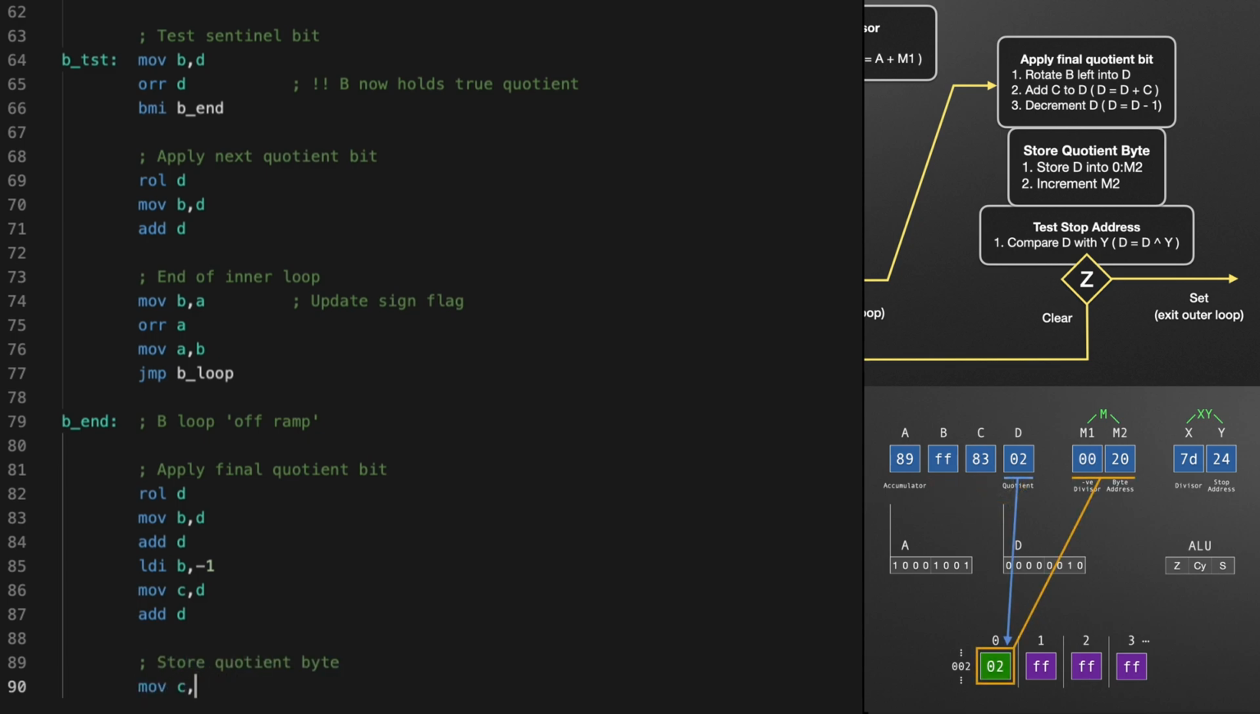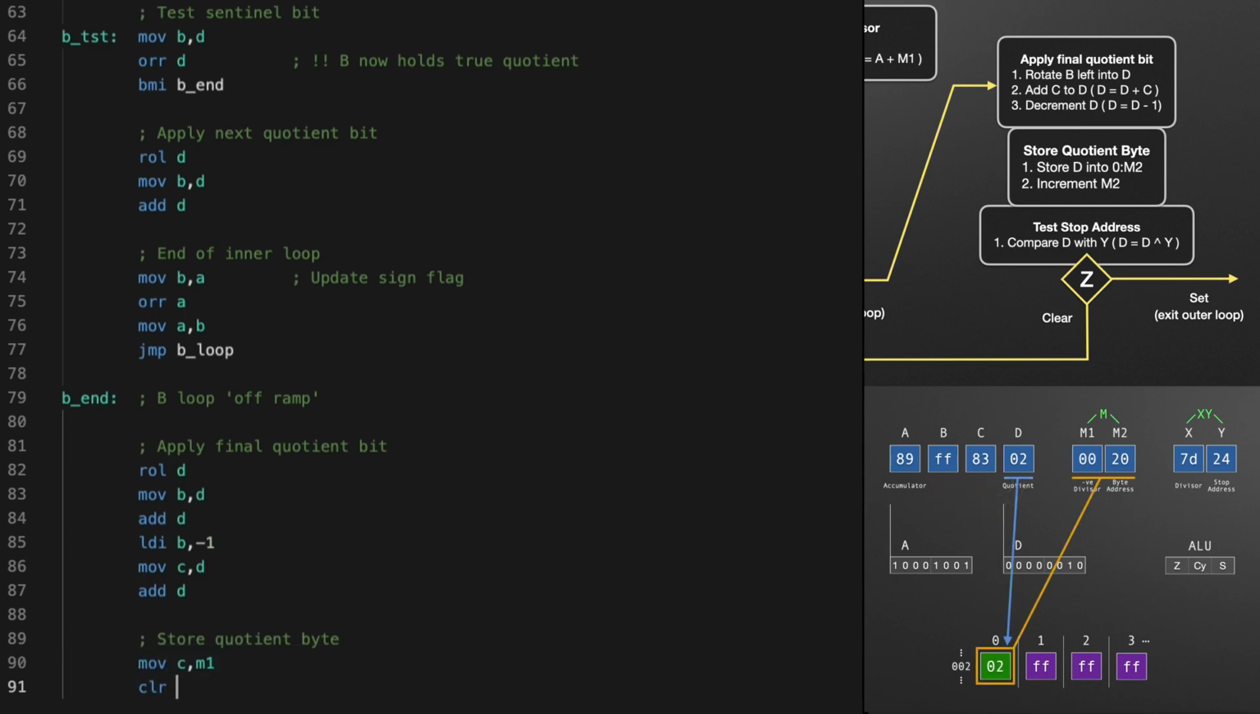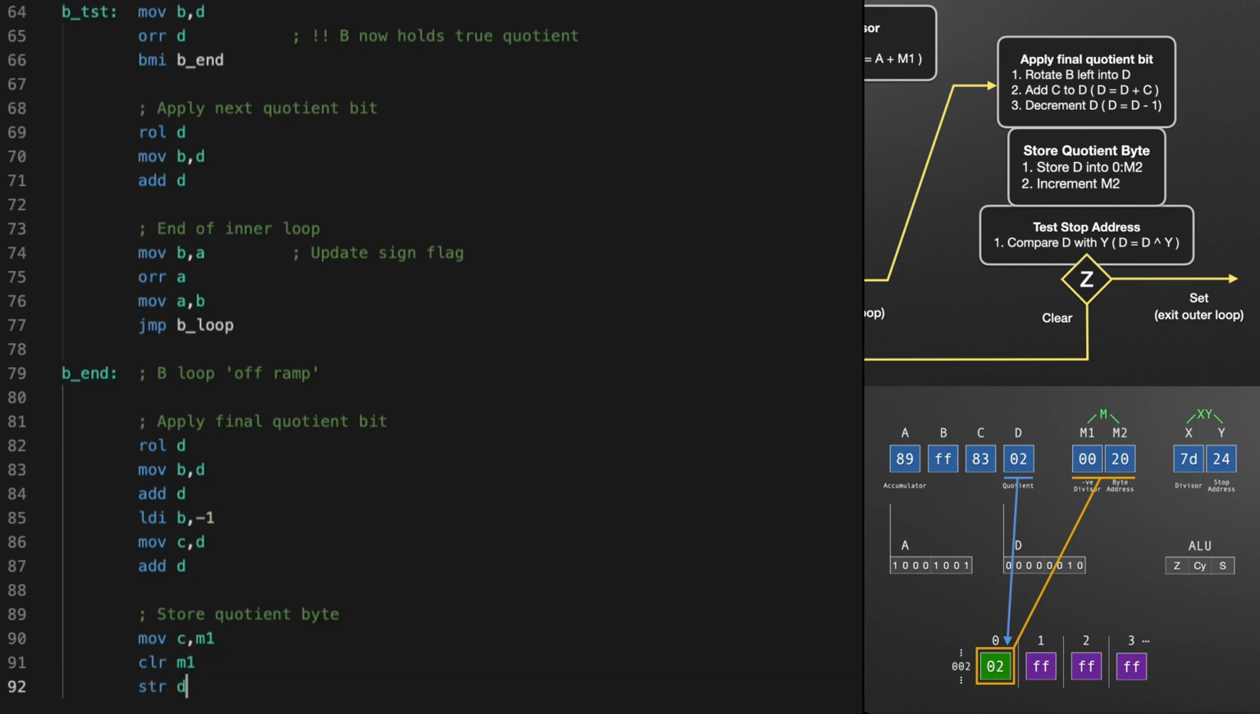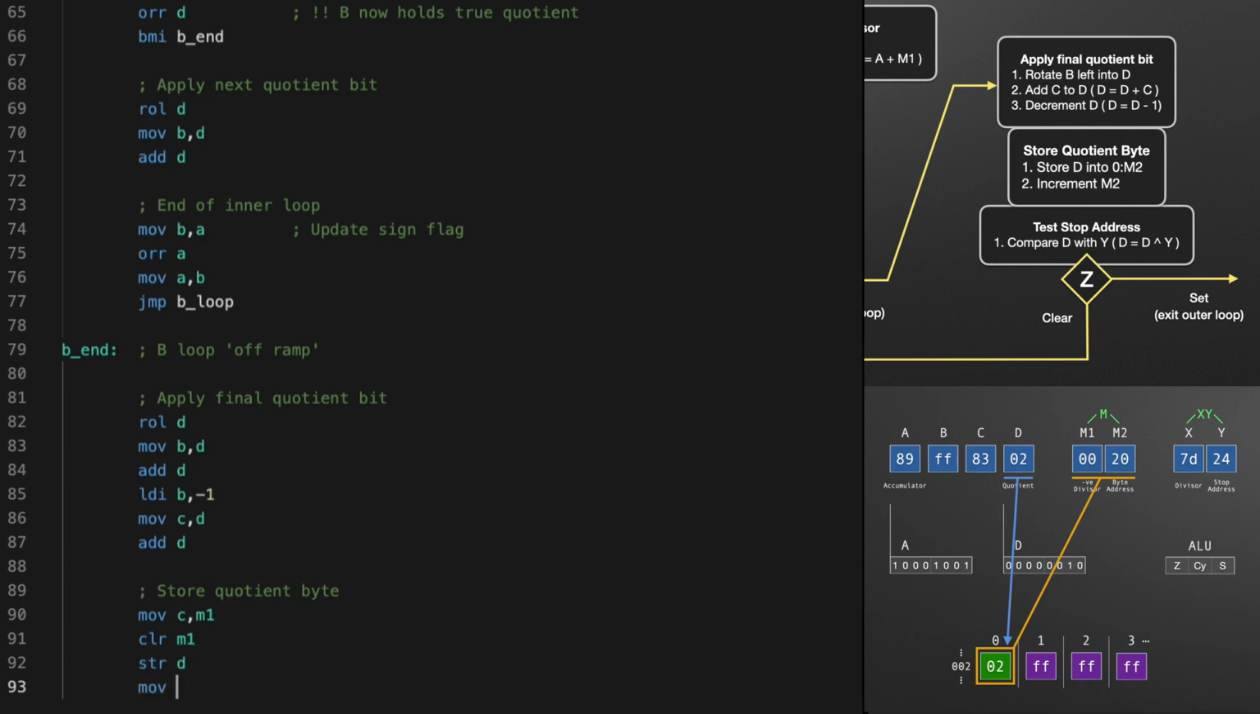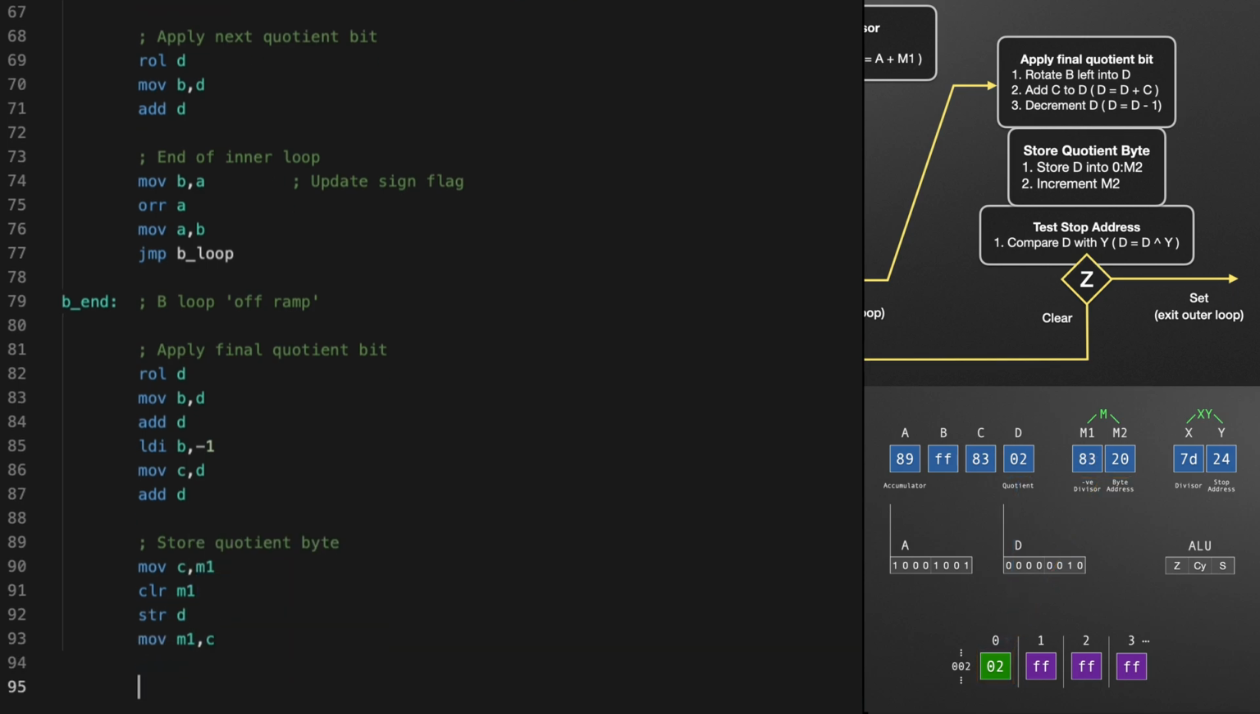To do that, we need to preserve our negative divisor in C, and then we can clear M1, so M as a whole is now pointing at the next 0-page result byte in memory. We then store the quotation byte held in D, and restore the negative divisor back to M1. Next, we increment M2 to point at the next location in memory,